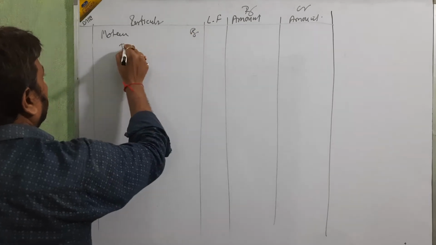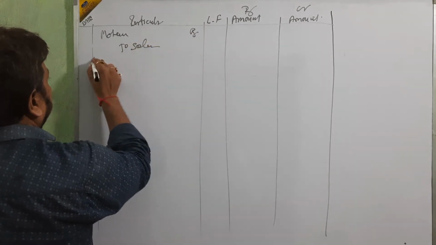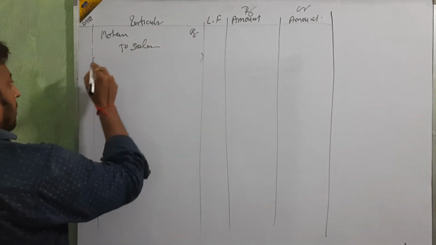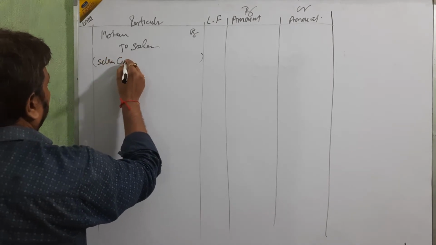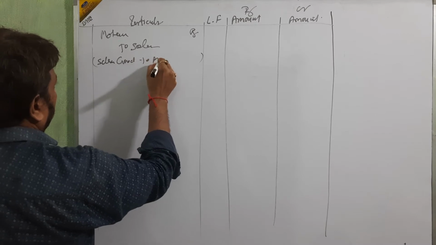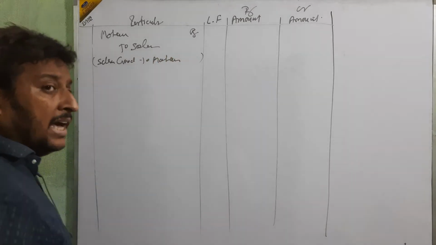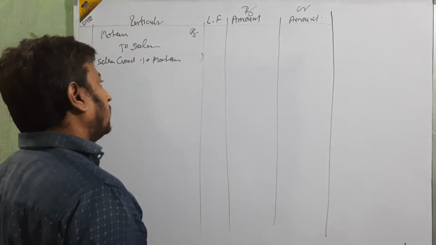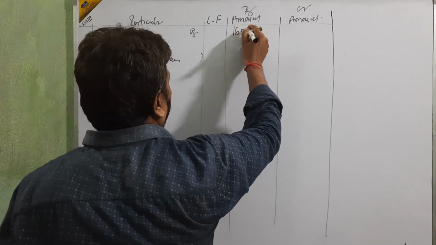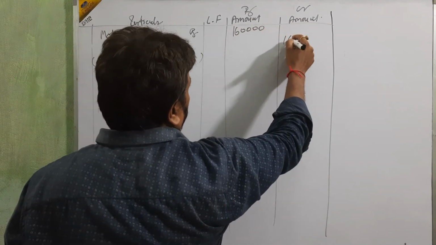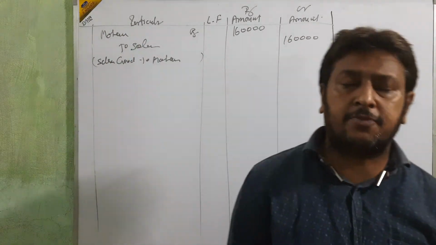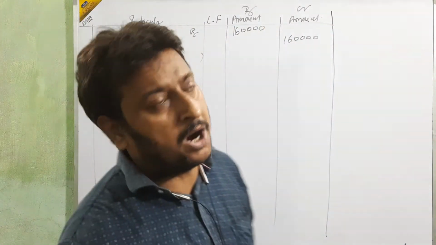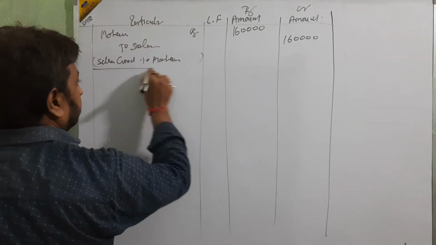Mohan Dr. to Sales. The whole amount is 2 lakh, 20% trade discount, 40,000. It means 1,60,000, because trade discount is directly less from the transaction amount. Next,